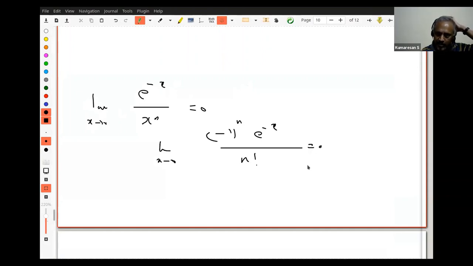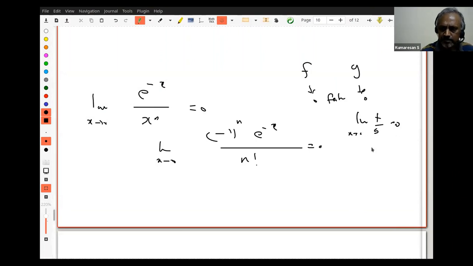You understand that? So, based on these examples, now I want to make a general definition. This is now a definition. This is not a theorem. You understand? I say f goes to 0 faster than g going to 0 if limit f by g is 0 at whatever point you are taking. So this is now a definition. How did I arrive at the definition? By looking at some examples. So whichever goes to 0, I should put it above. Otherwise, what will happen? E power minus x will also be 0. X power n will also be 0. It will be a 0 by 0 form. That is why L'Hopital's rule is important.